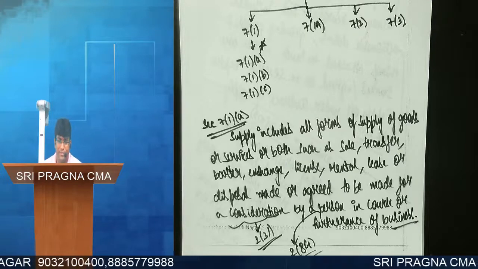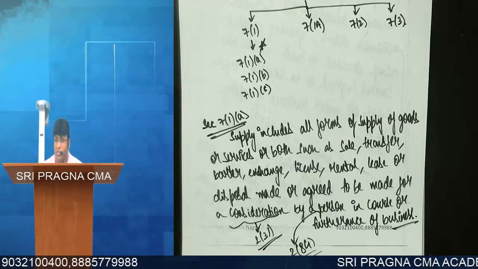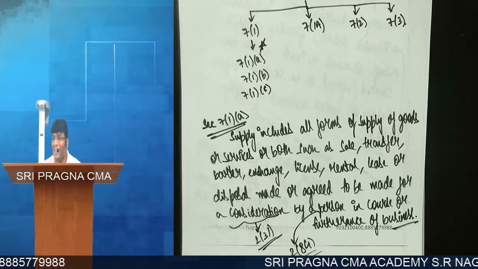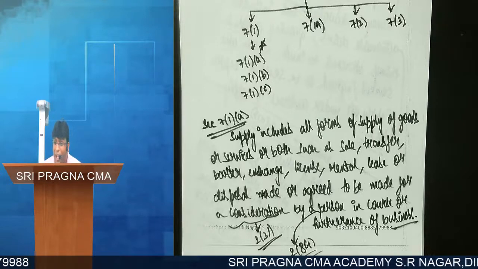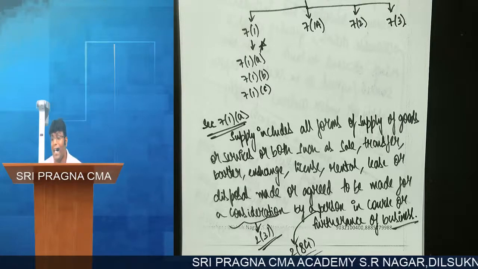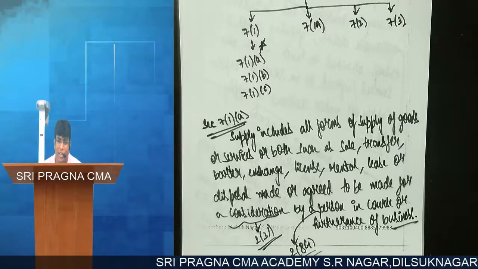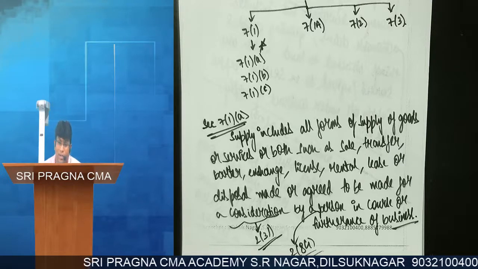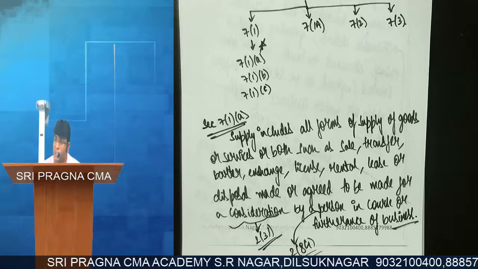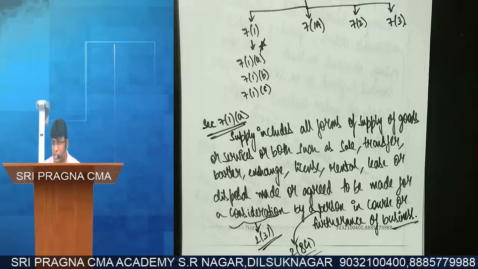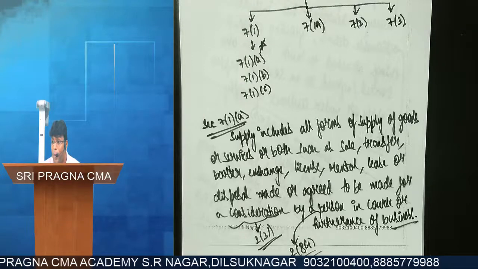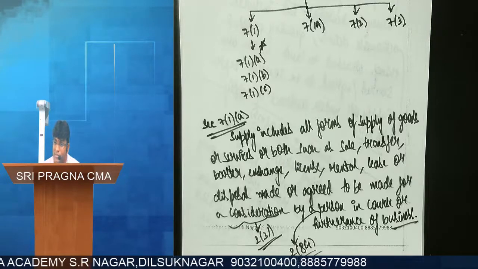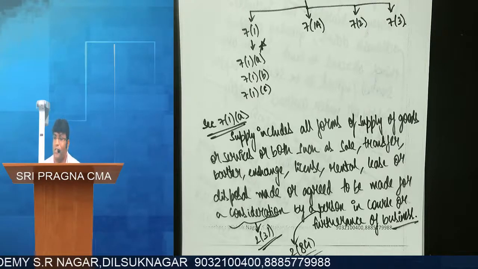I went to the shop. Let's say I went to Lalita Jewelers. So I went to Lalita Jewelers and I exchanged my old gold chain to take a new gold chain. Now tell me, from Shivateja's point of view, is it supply? Speak out. This question came in the exam, and many students wrote yes, yes, yes. Nonsense answer. Answer is no. Because from Shivateja's point of view, it is exchange, but it is not in the course or furtherance of business.